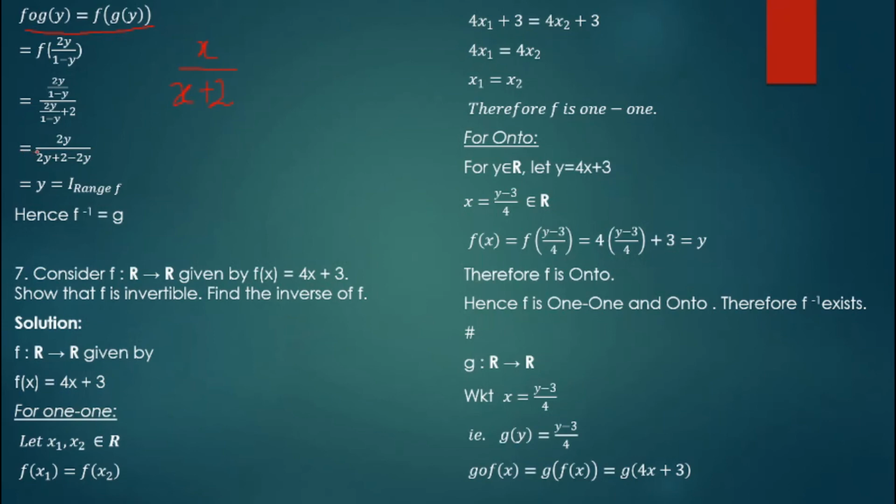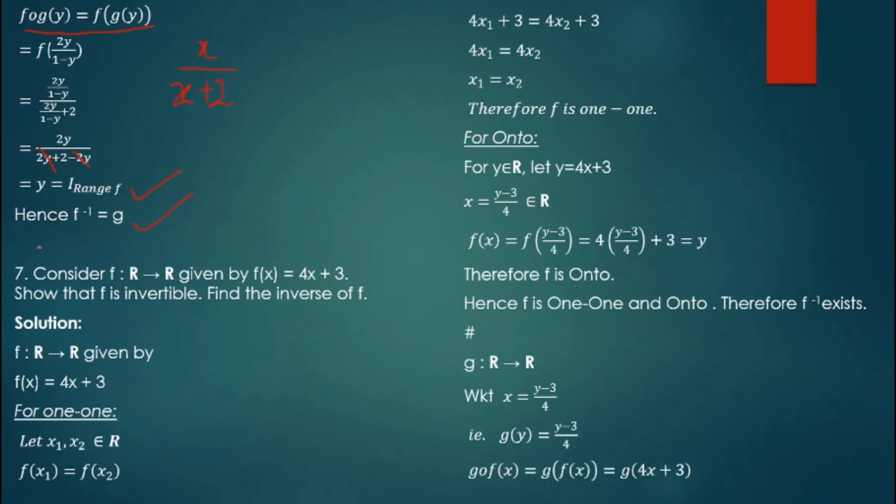So here 2y minus 2y will get cancelled, so remaining 2y by 2, so again 2 gets cancelled, so y. Okay, so this is also okay. So for gof and fog we have solved. So hence in gof we got x and in fog we got y. So as per definition we have proved that f inverse is equal to g,